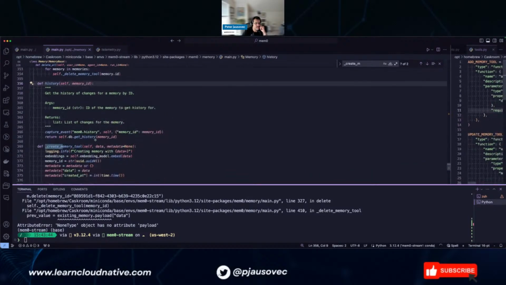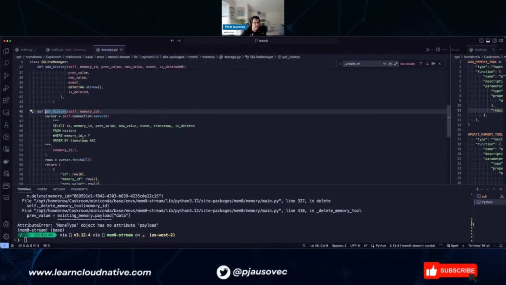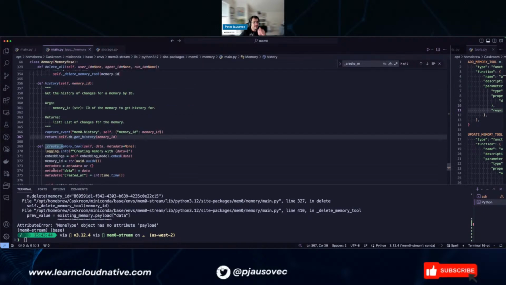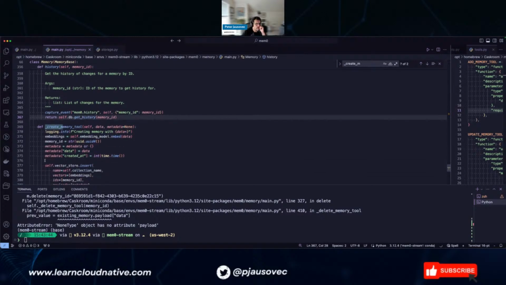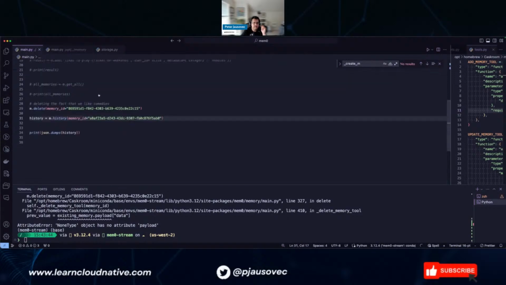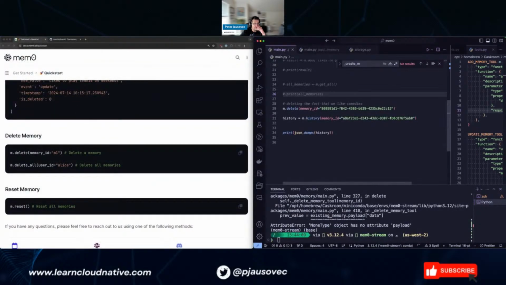Oh, okay, so this is just going get history by memory ID, just selecting the value from the database. Memory ID. Yeah, I would expect... Oh, maybe I misunderstood or I messed up something.